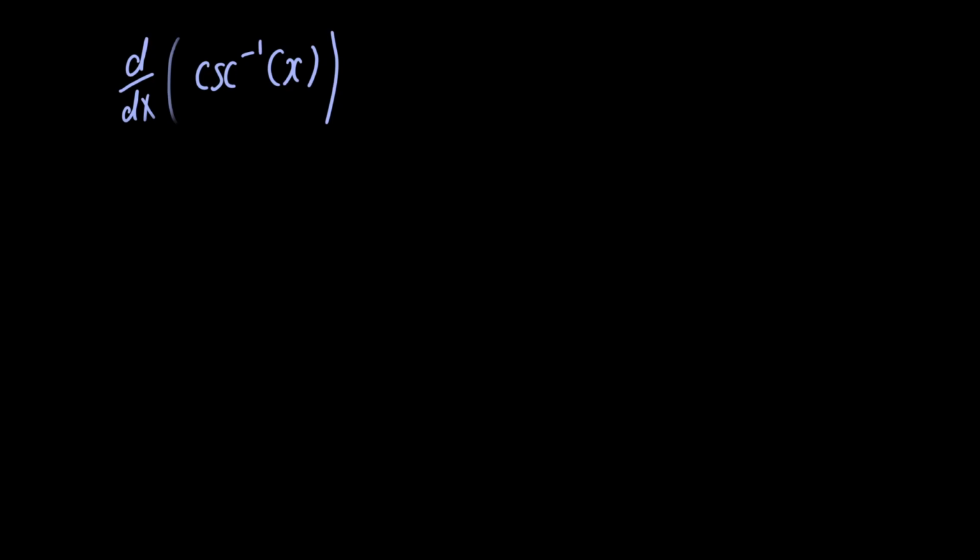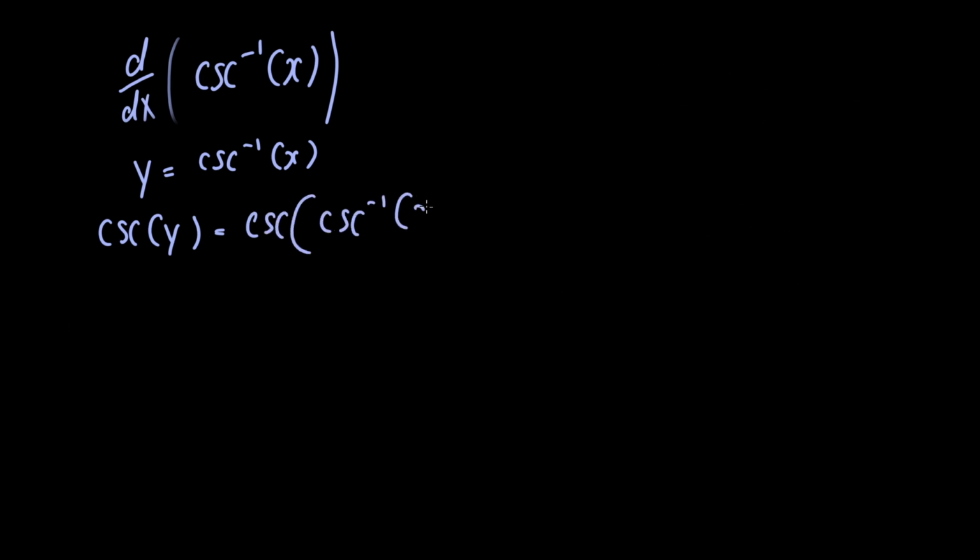For this problem, we're going to find the derivative of inverse cosecant of x. Let's start by writing this as y equals inverse cosecant of x. Let's apply the cosecant function to both sides of this equation. Notice here that these two cancel each other, so we're just left with cosecant of y on the left